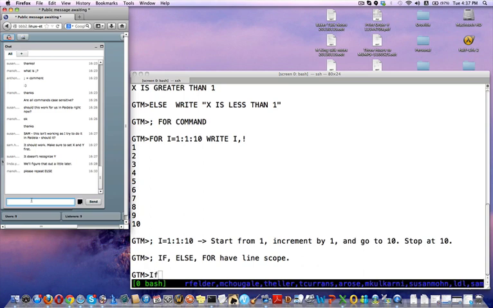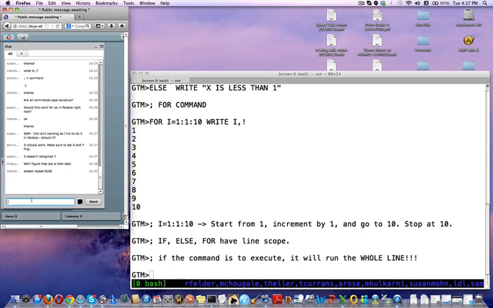If the command is to execute, it will run the whole line. This is important. So if you read a for command, you are going to run the whole line of the for. And if you do an if, you're also running the whole line. So that's important. And there are ways to stop, yes, but